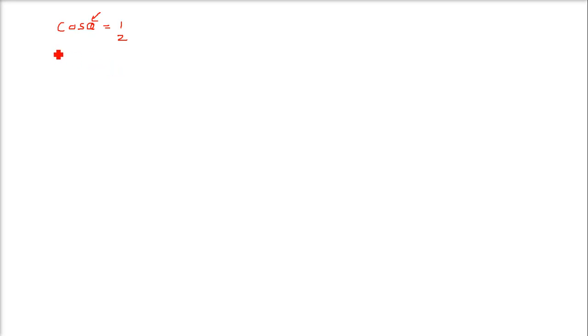Now we come to the solution of a trigonometric equation. A solution of a trigonometric equation is the value of the unknown angle that satisfies the equation. For example, just consider sin theta equal to half. What does it mean? We are talking about theta, and that has to be 30 degrees. We know sin 30 is half, that is theta is equal to pi by 6. But we don't stop here.